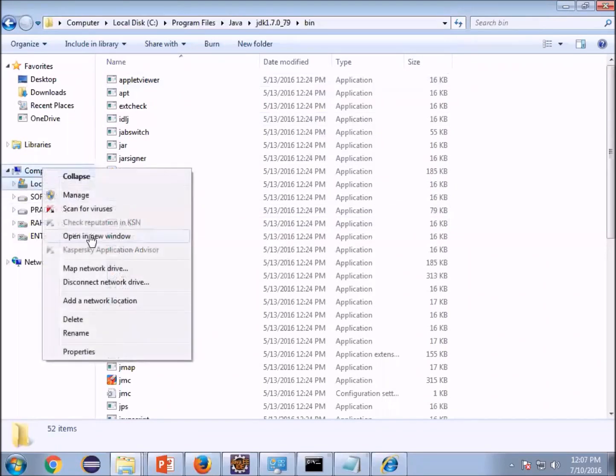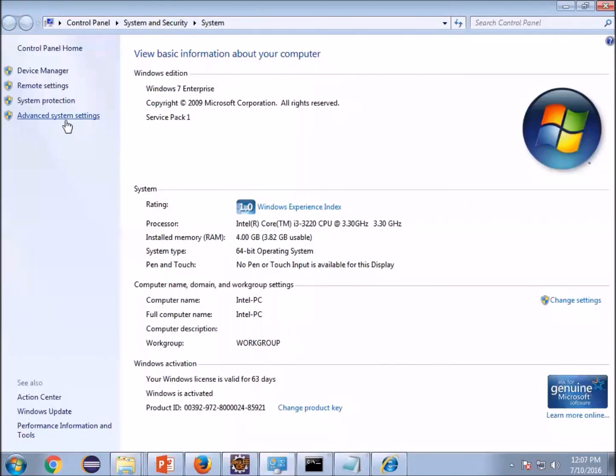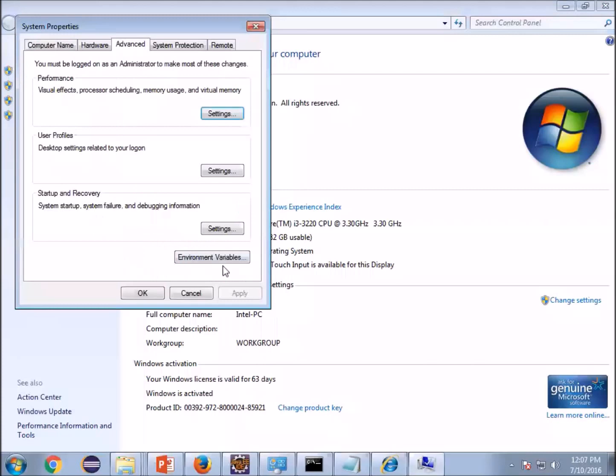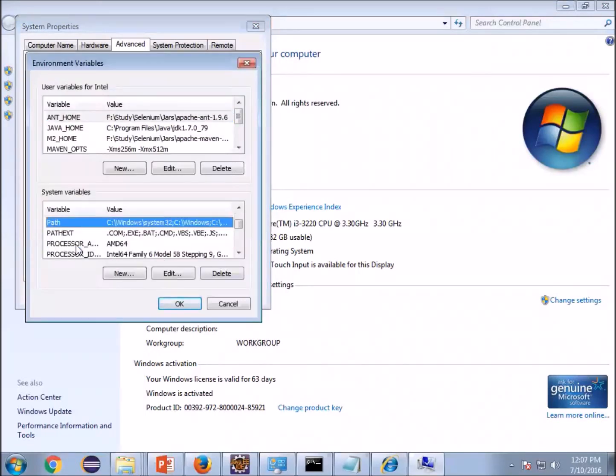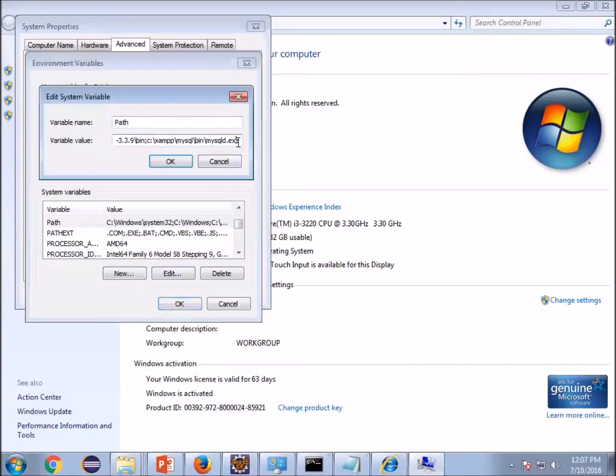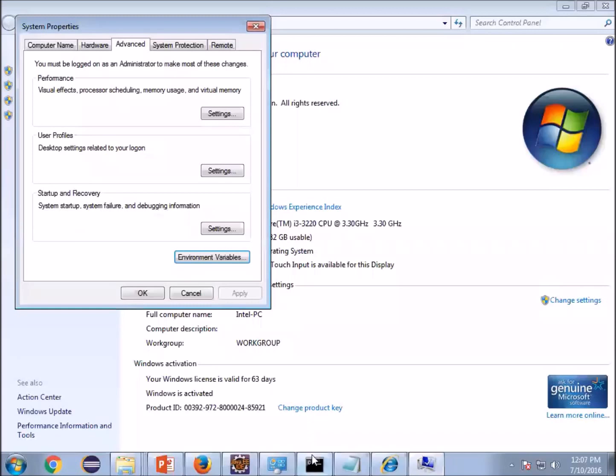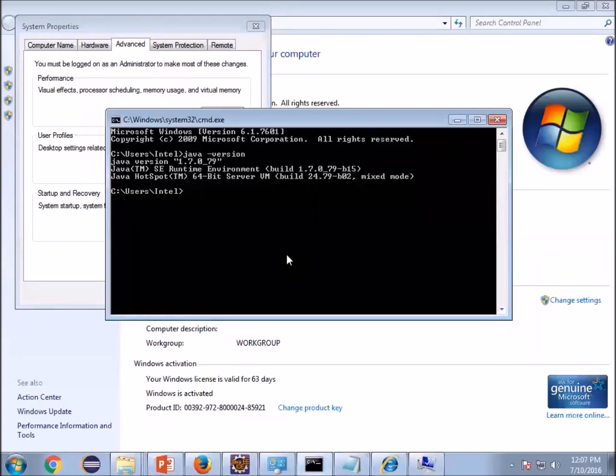Right click on computer, properties, advanced system settings, and you have to configure your environment variable. Go to path here, edit, and just give a semicolon after whatever you have here. Don't alter or change anything here. Just paste your JDK path here. That's it. Your Java is ready to work. To check whether Java is working or not, just give java -version.